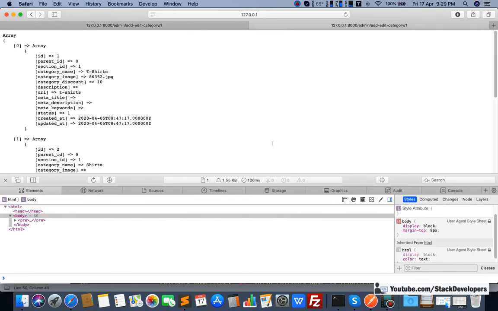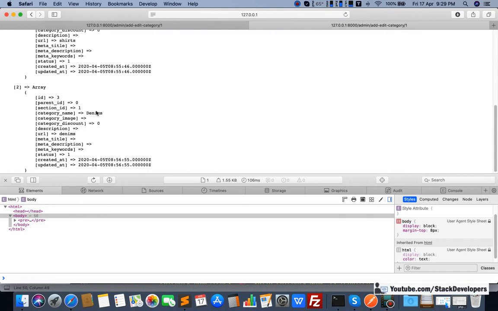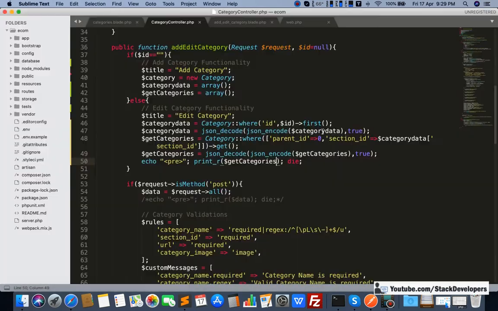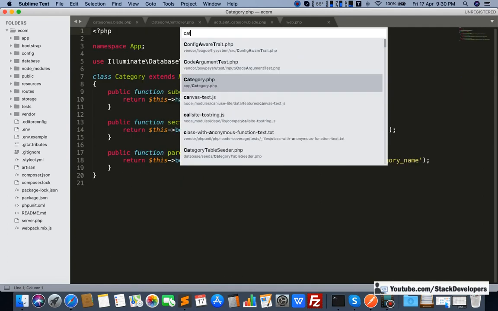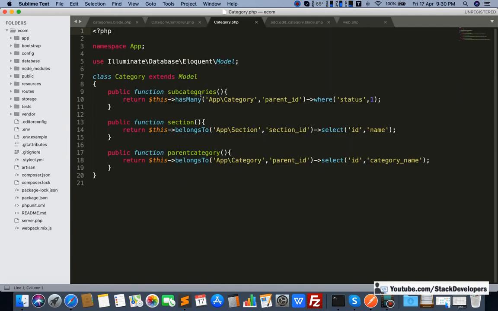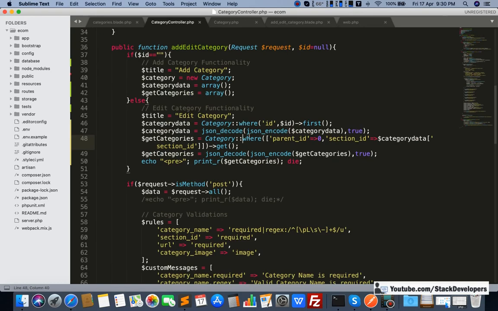See, the data is coming fine here. T-shirts and denims are coming, the 2 categories we have added so far, but along with that we also want to show the subcategories. We can see that subcategories already exist, so we are going to attach these subcategories here as well.